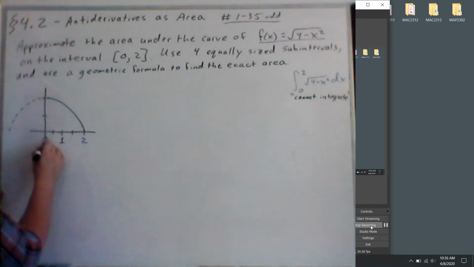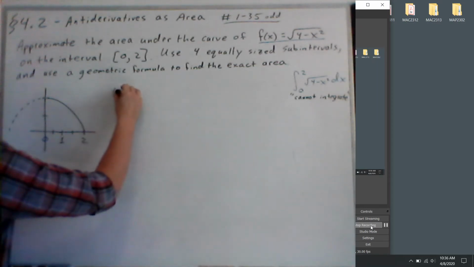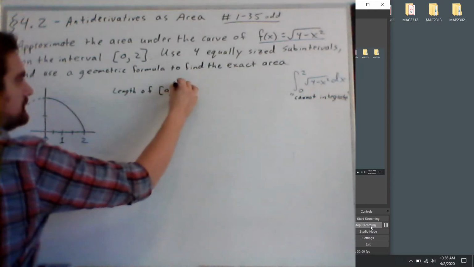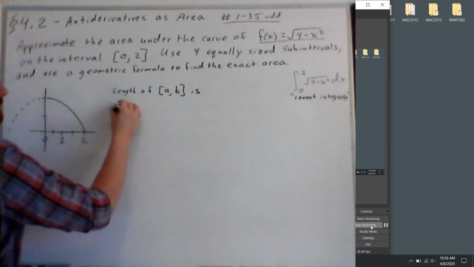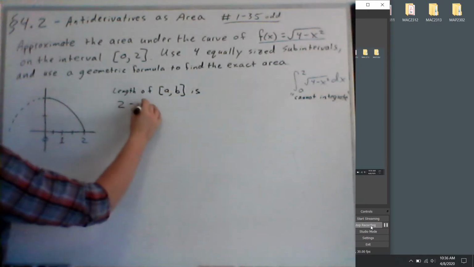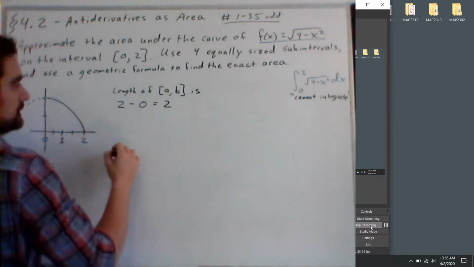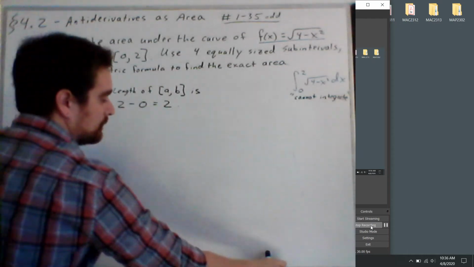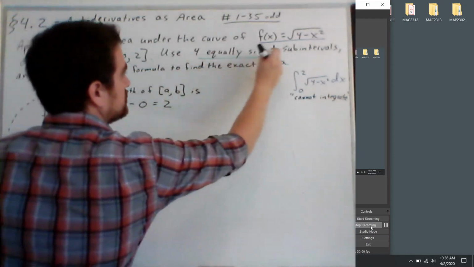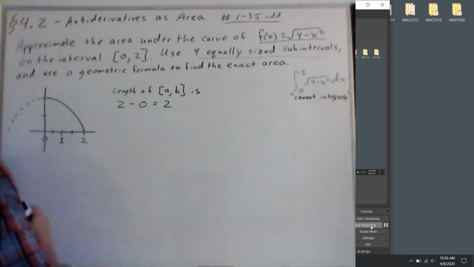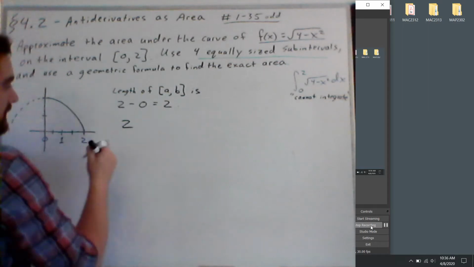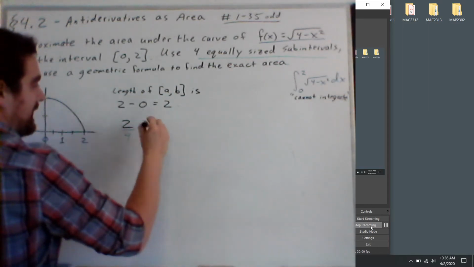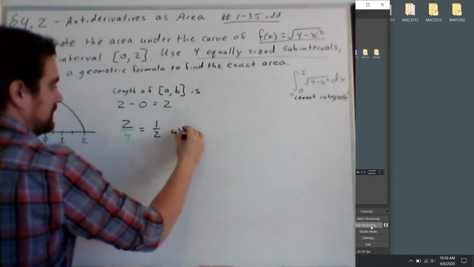Now the length of this interval, length of A to B, is 2 minus 0, which is 2. So if I want to chop that up into 4 equally sized subintervals, then I want to take 2 and divide it by 4 to get 1/2 for my subintervals,